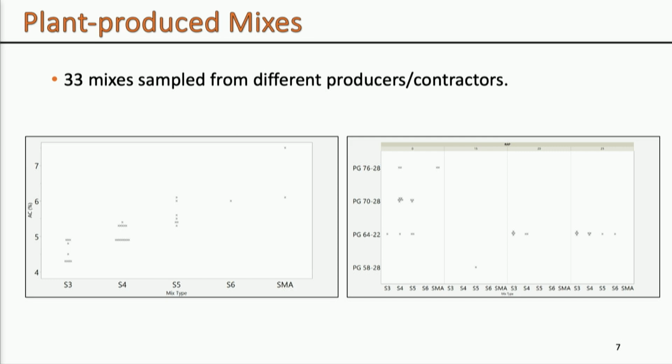So the figure on the left shows the different mix types, S3, S4, S5, S6. If you're not familiar with the ODOT specifications, these different mix types simply refer to the nominal maximum aggregate size. So S3 would be the coarser mix, and then as we move from S3 to S4 to S5, we're getting finer gradation. So we had different mix types, with different binder contents,